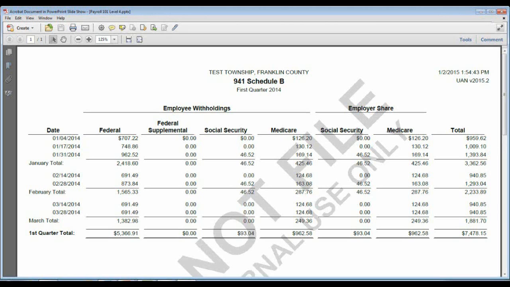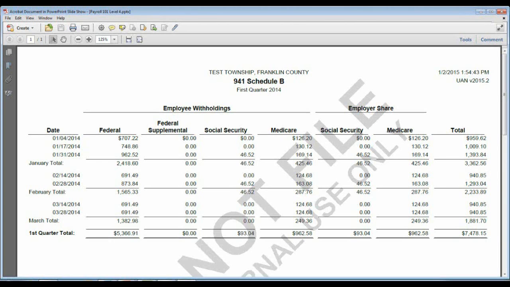$169.14. Now, in month 2, February, there were 2 pay dates, the 14th and the 28th. And you can see that the tax liabilities were entered in for each of those days. And month 3, March, there were also 2 pay dates, the 14th and the 28th. This is what the Schedule B looks like,